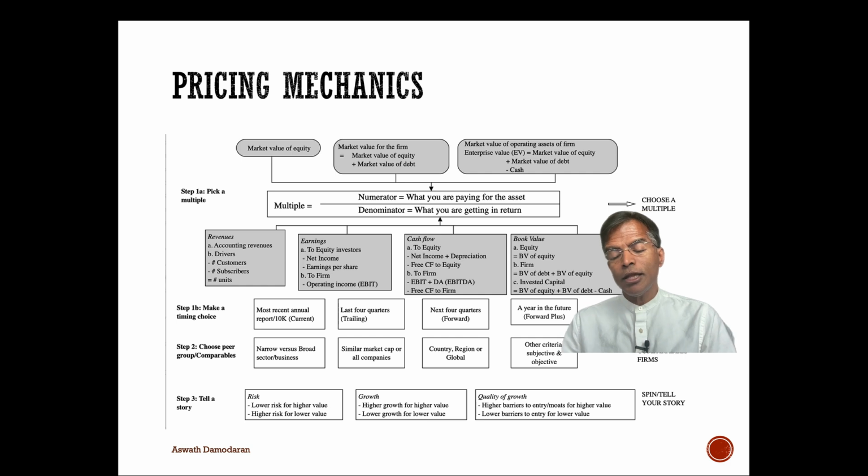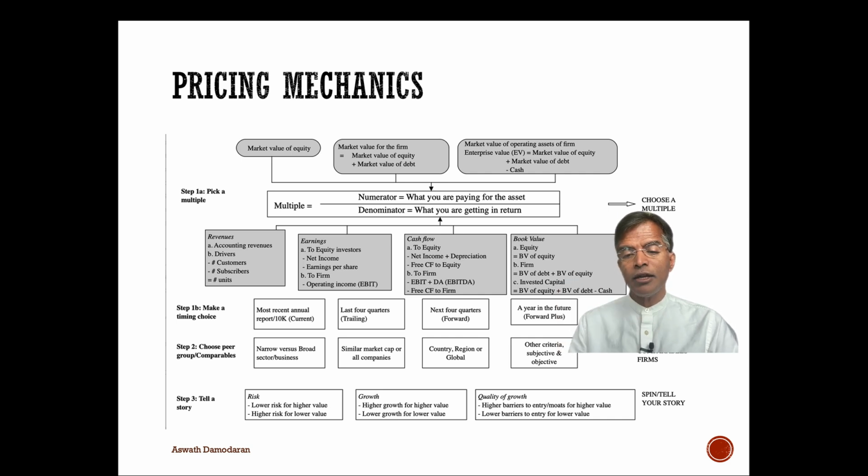You can already see that when people talk about pricing, there are choices that they can make that are subjective, that can give them very different numbers as pricing for the same company at the same point in time. You've got a standardized price, you've got these comparable companies where you see what other people are pricing those companies at. And then if your company's pricing is different, either much higher than the comparables or much lower, you tell a story about risk or growth or the quality of growth to explain away those differences. That in a nutshell is all of pricing.